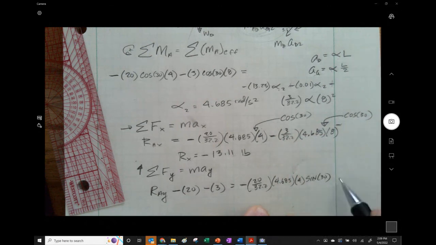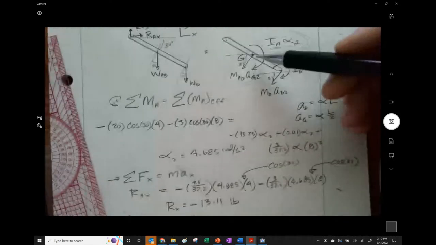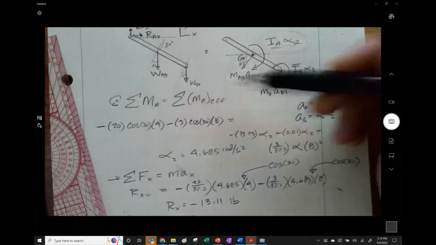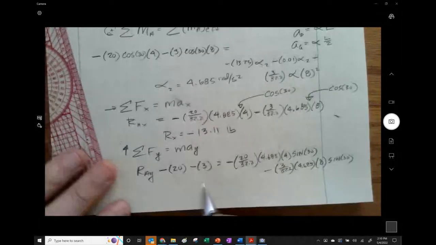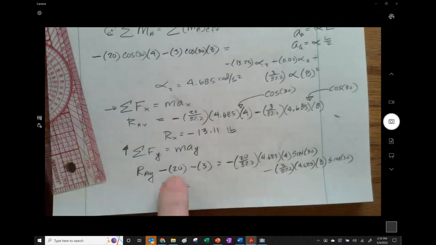And then lastly, minus 3 divided by 32.2, 4.685, and now 8, but now only the sine of 30, right? Because it's only the vertical part of that we're doing, and those are both downwards. So RAY, so it's going to be